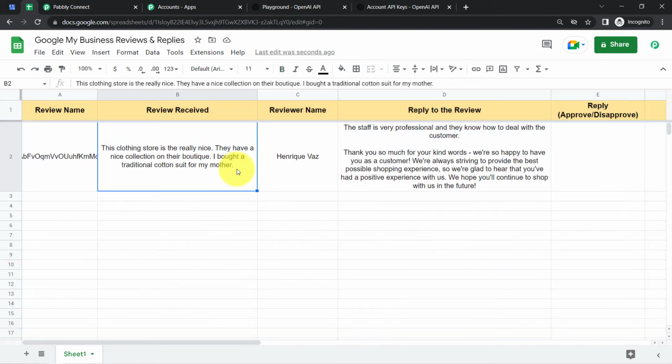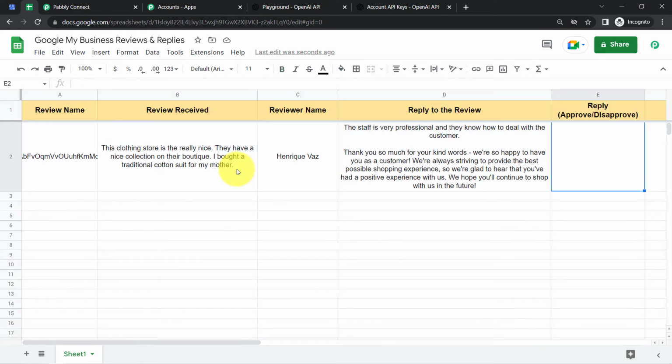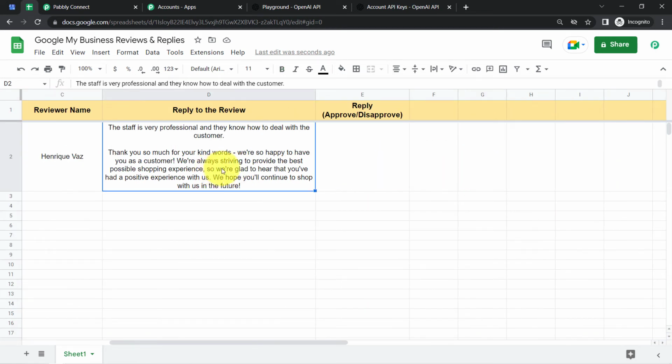in the Google Sheet. Now here is another twist. Before I post these replies to my Google My Business profile, I would like to review each and every piece of content. If I am satisfied with the content, I will write here approve or disapprove. If the content is approved, then only in that case will the content be posted automatically. And if I type disapprove, the automation will stop working and this particular review will not be